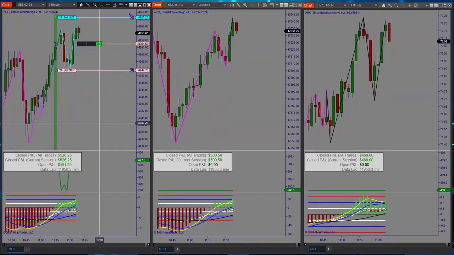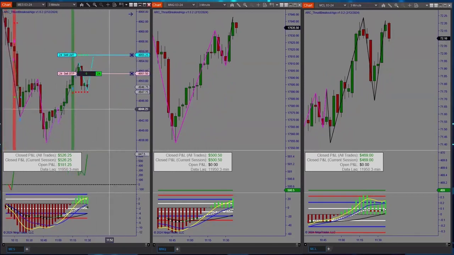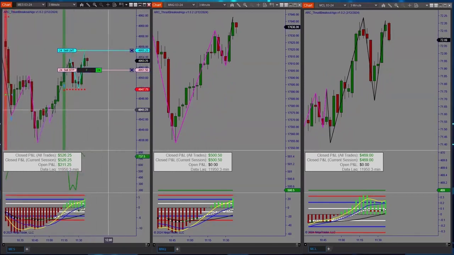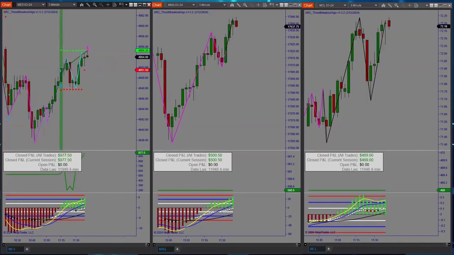Okay, now in normal trading, most traders at this point are probably going to move stop to break even because this has gotten pretty close to the target. If it's going to go, take the money. If it's not, just bail on the trade. So we can move these stops and targets in as we're trading as well. Okay, that one ended up working out, gave us target. Let's see what else we can get.